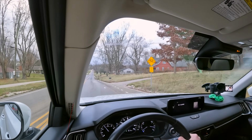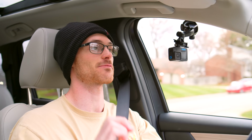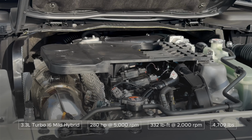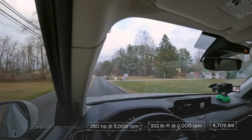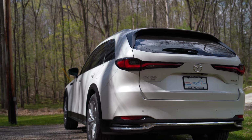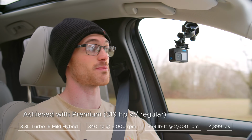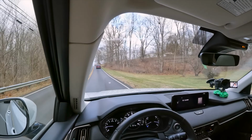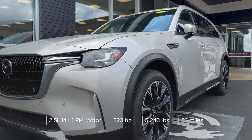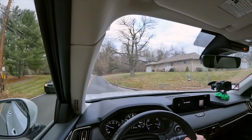The most important thing it got right is the engine. So this is going to utilize a 3.3-liter turbocharged inline-six. On most models, you'll find a respectable 280 horsepower and a meaty 332 pound-feet of torque. Now, Mazda also offers a high-output version of this that can put out up to 340 ponies. You can also get it in a plug-in hybrid that'll have less range than the Lexus TX, but cost much less. Yet that's going to use the 4-banger, and really the 6 is what you want